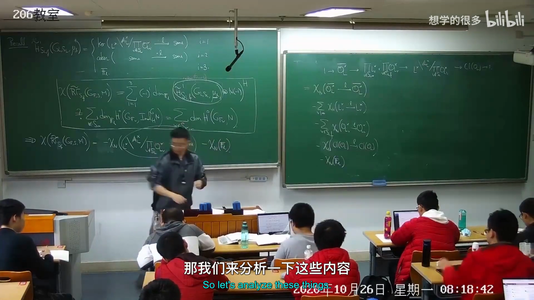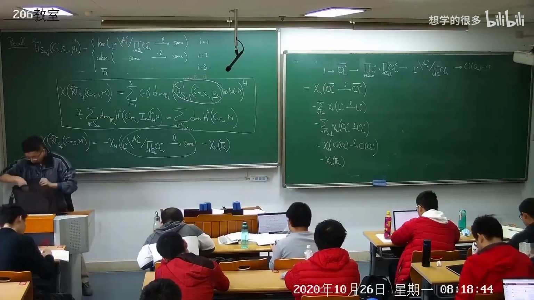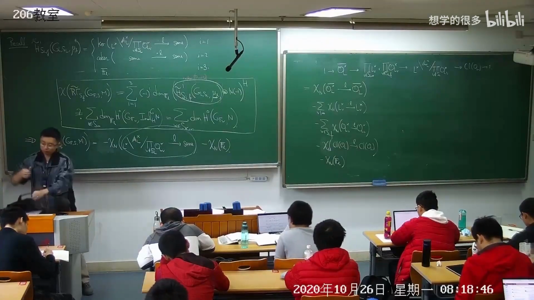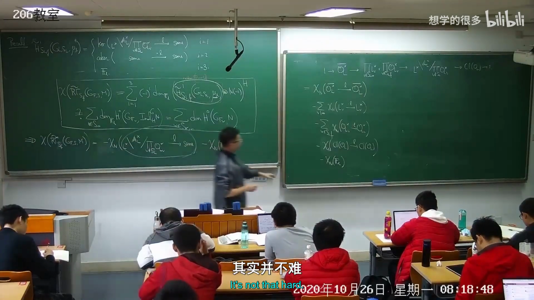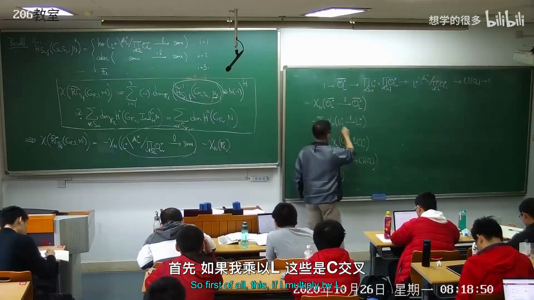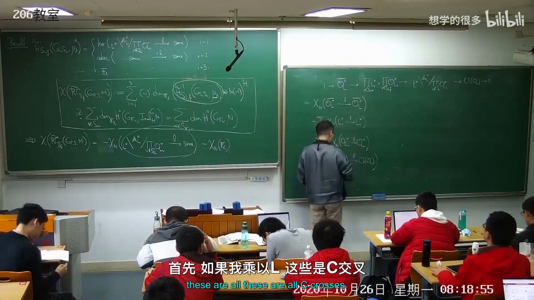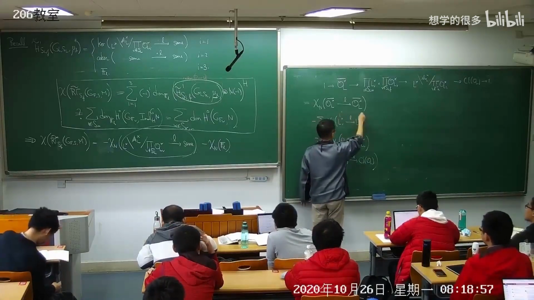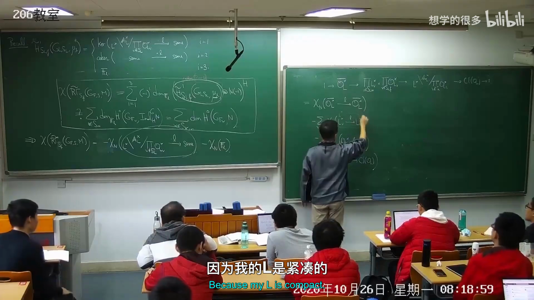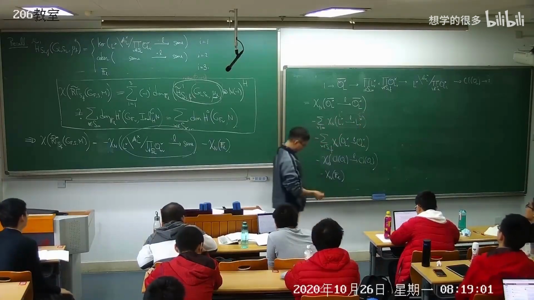So let's analyze these things. It's not that hard. So first of all, if I multiply by L, these are all C crosses, because my L is complex. And therefore,